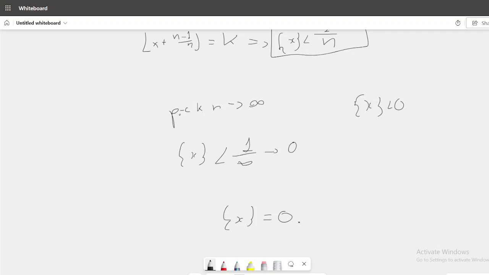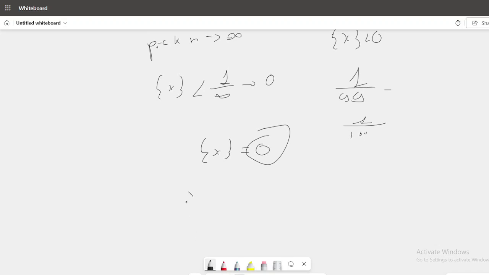than everything. Like if we pick 1 over 99, then we pick n equals 100, and it needs to be less than 1 over 100. Then we pick n equals like 10 trillion or something, and it needs to be less than 1 over 10 trillion. We keep increasing n, the fractional part needs to decrease, but the only number that will always be less than 1 over n for any n is just 0. So the fractional part of x needs to be 0, and that just leaves that x is an integer,